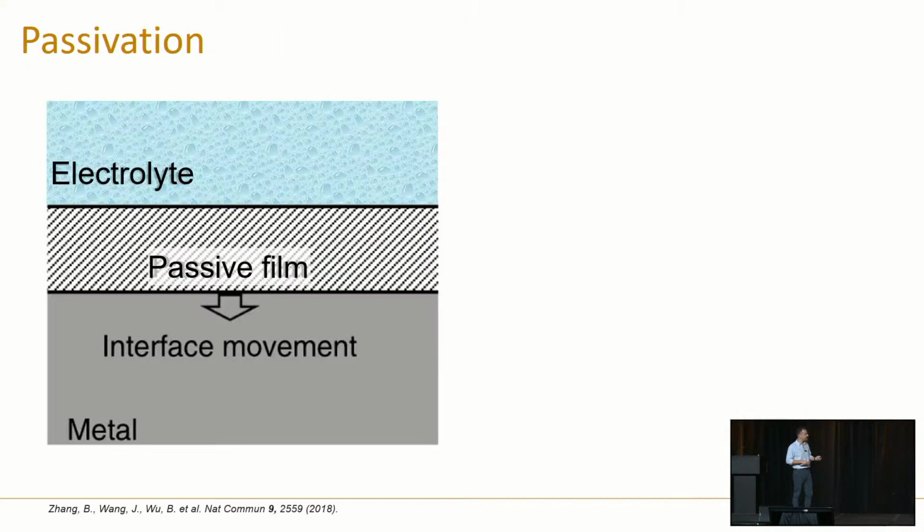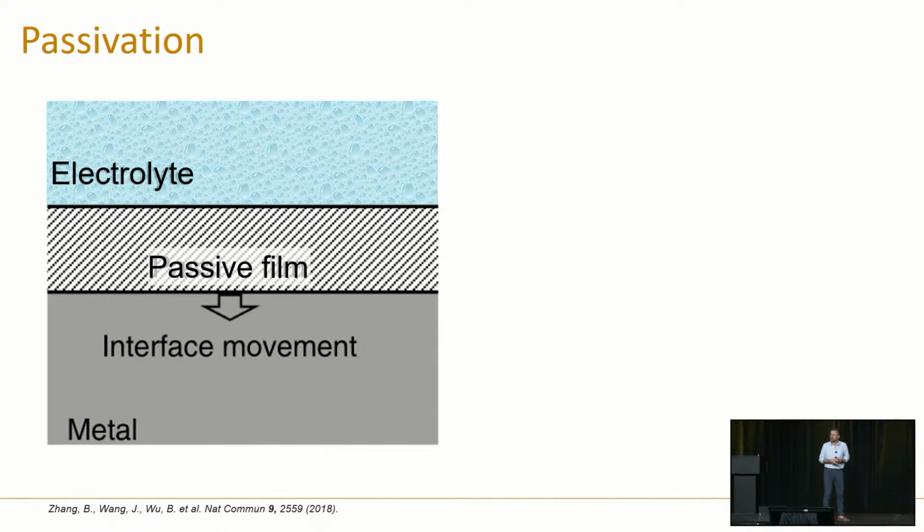But what we mean by passivation, and this is pretty much a 100-year-old image of what people consider passivation to be, is you have your metal or your alloy, and you have a passive film that forms on top in response to reaction with the environment. The environment is usually atmospheric conditions, could be at high temperatures, whatever environment your material is exposed to. You have a film that then creates a barrier between the electrolyte and the underlying substrate.